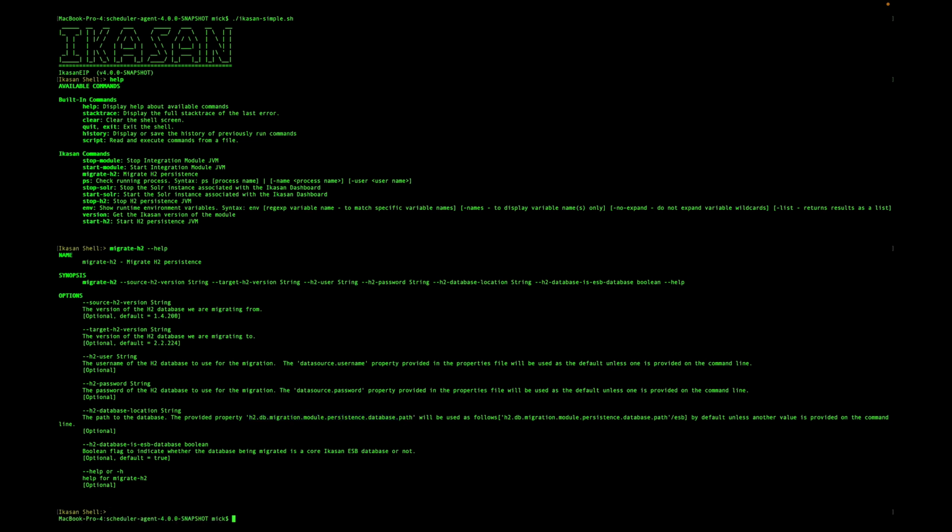So I'm just going to quit out of the shell there now, and as I've stated, in order to run the database migration for the default ESB database, all I need to do is run the start command for the Ikasan module. So if I type in Ikasan simple.sh.start,